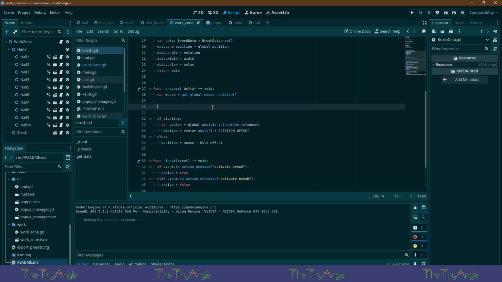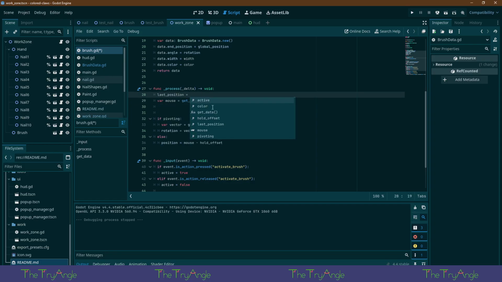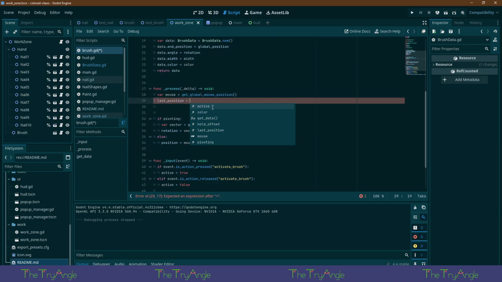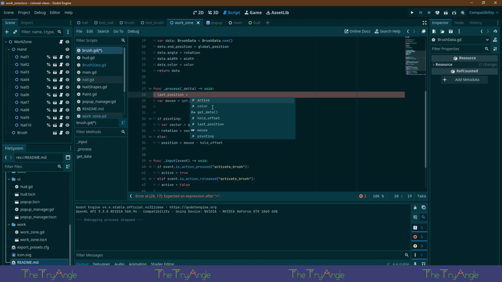So we got our mouse. We're gonna say our last position equals, where do we store this?